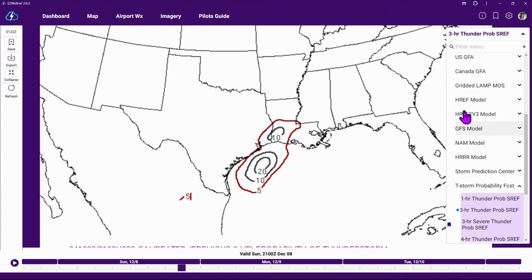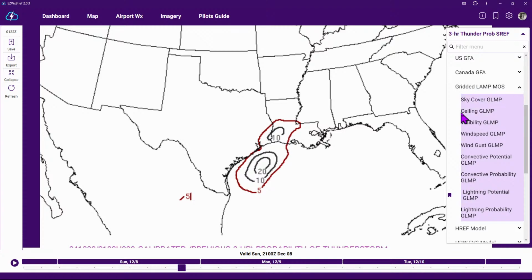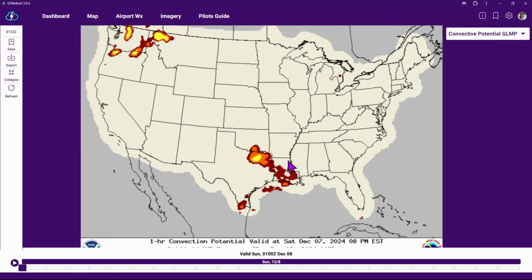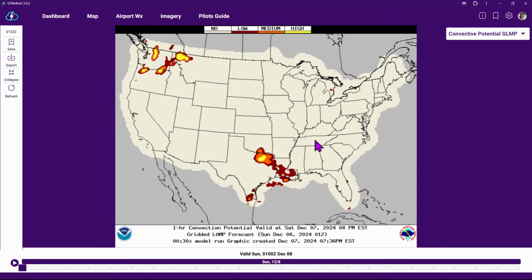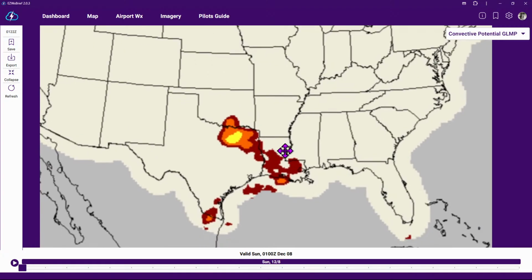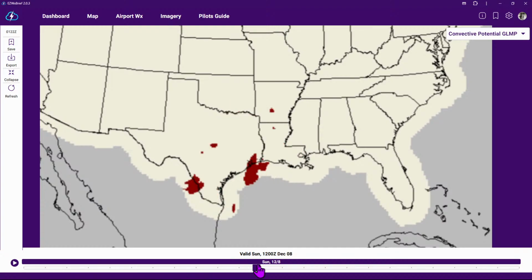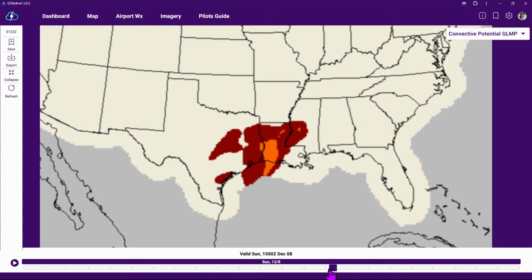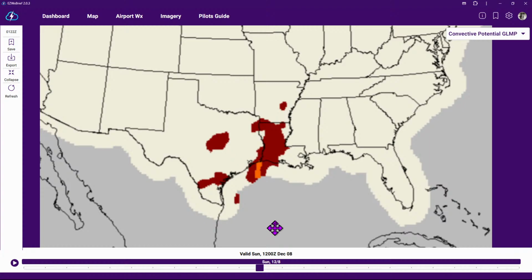The other thing I'll look at too, which gives us a little bit better understanding, is the gridded MOS product, model output statistics from the Localized Aviation MOS Program, or LAMP. And that will give me an understanding from a convective standpoint of what we're looking at. So this is what's called the convective potential here. This is an hourly product, and it goes out pretty far in time. Certainly by the time we get to 1718Z, you can see how most of it again is further south, and that's moving up into